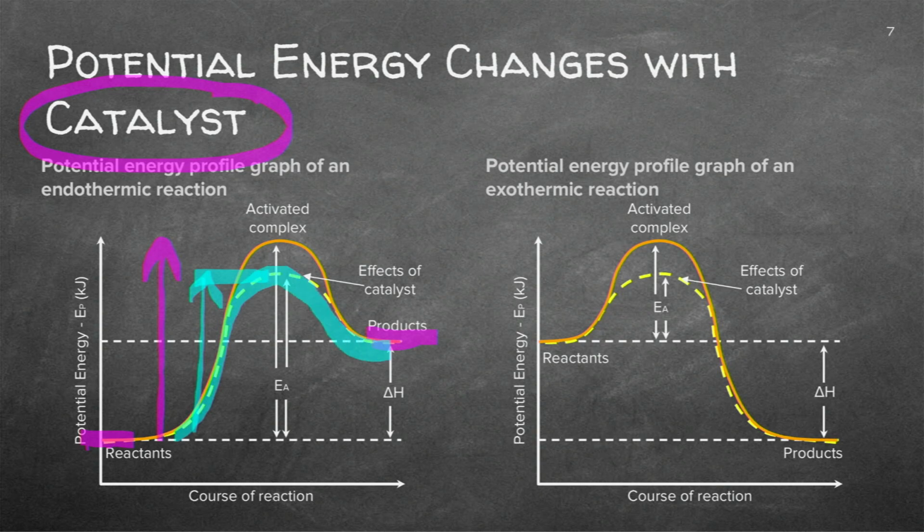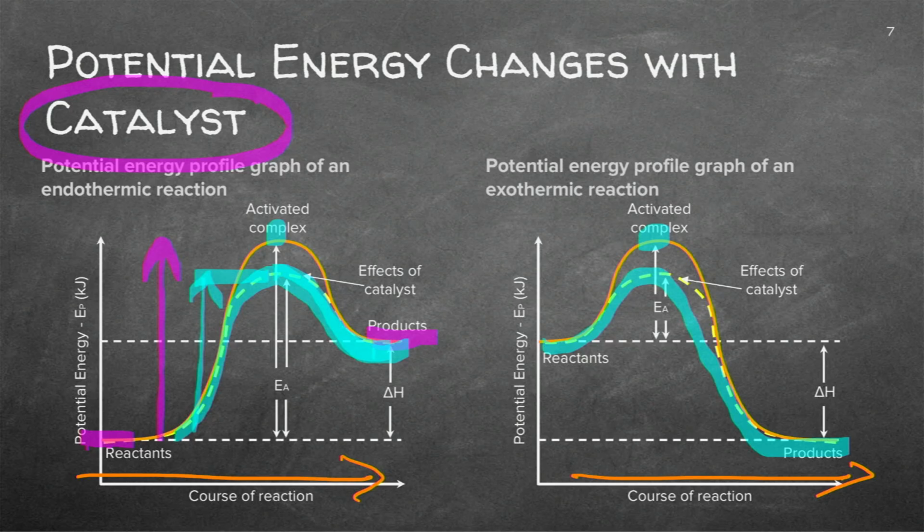It lowers that energy of the activation energy, whether it's an endothermic like this one or an exothermic like that one. It's always lower than the ones where we didn't use a catalyst. Just one extra piece of advice again. We always work towards the forward reaction, but we could have done this with the reverse reactions as well. So I could have said, I'm starting here, I'm going up, and I'm going there. So then this would be the reactants, and that would be the products. That's specifically for the reverse reaction. And you'll see you can get questions like that.